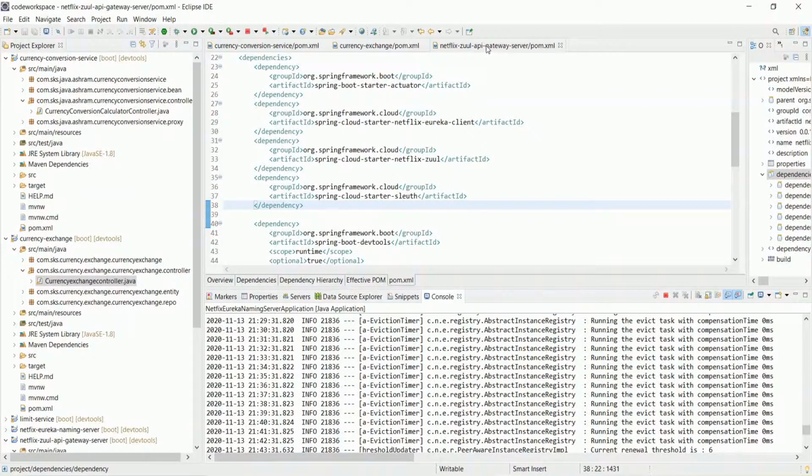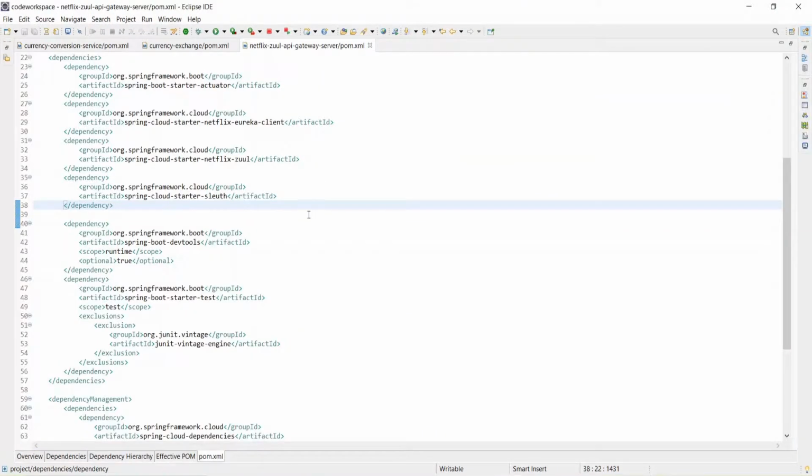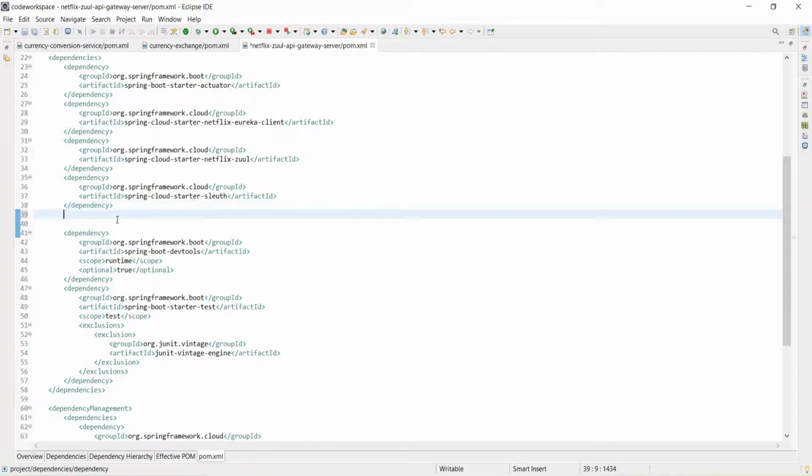So let's quickly add one by one in the pom.xml. What you need to do is add the dependency of the Jenkins server and the Spring Rabbit server. So how will you do that?